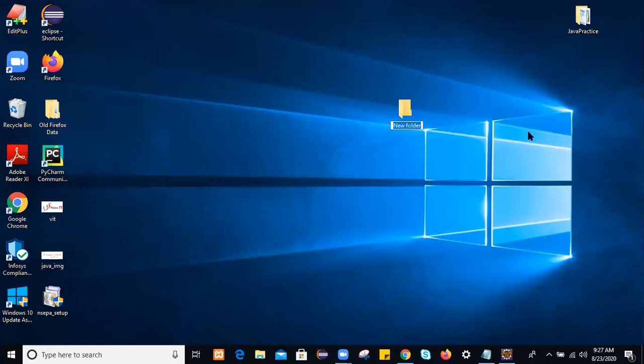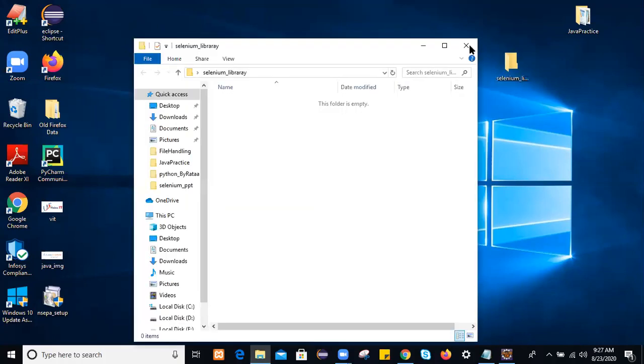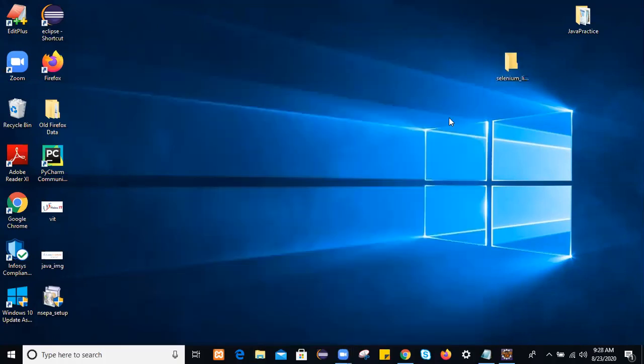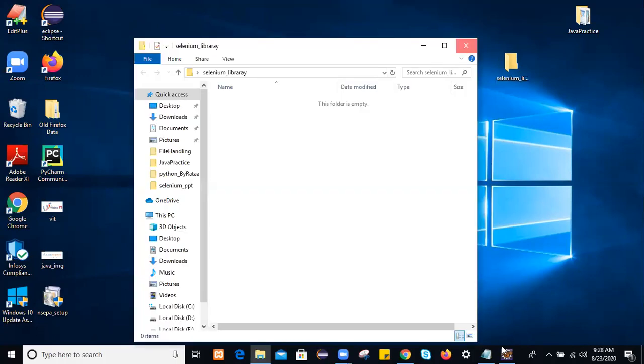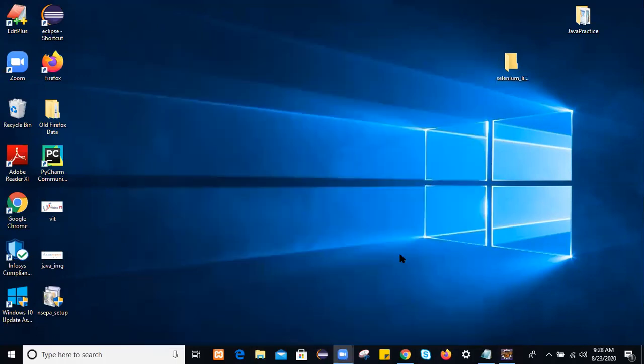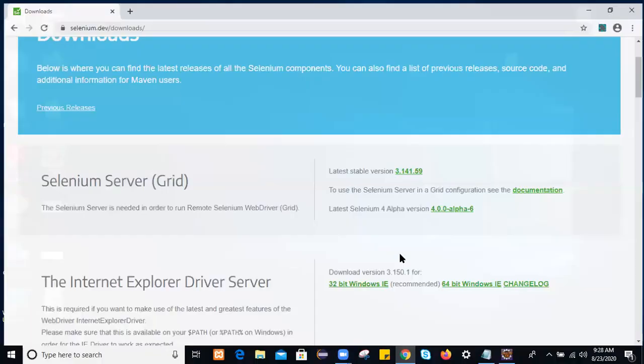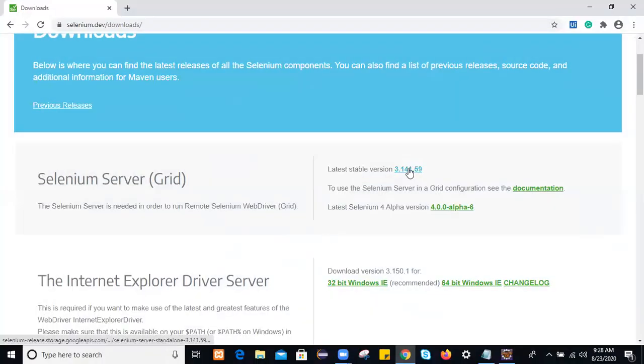Or right click. Okay, I will create one folder named Selenium library. Within this folder we'll keep all the required things, whatever things we require, we'll keep here in this folder. Just go to the location. Let's download the Selenium jars.